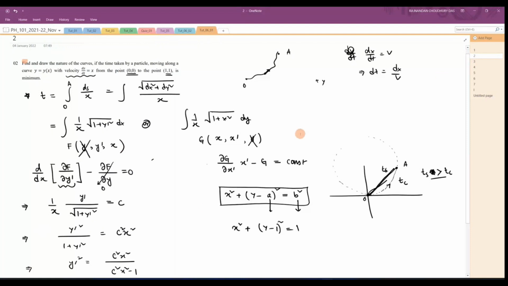Hello, sir. Sir, if we find the equation of the path, and then want to find the time taken, will we calculate the upper integral? Yes. So you can do it from here. Suppose you have found the equation, then you have to find y prime. From here you get 2x plus 2(y minus 1) y prime equal to 0. From here you get y prime, you substitute it here, then this integral will completely become in terms of x, and you know x is varying from 0 to 1. Then you may need to substitute x in terms of theta maybe.